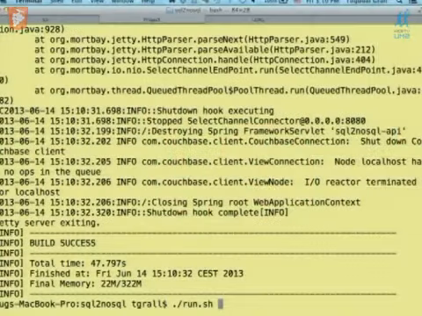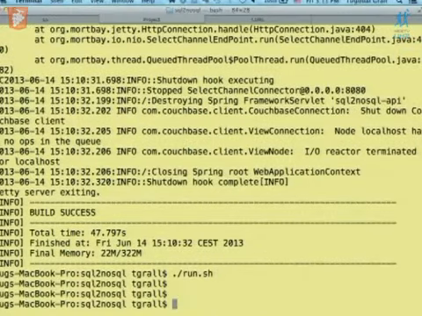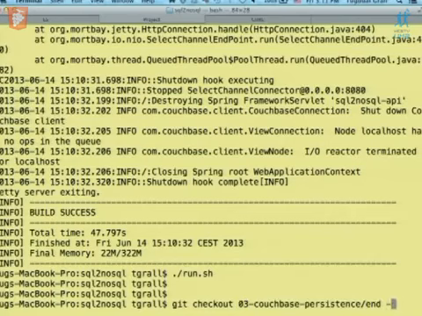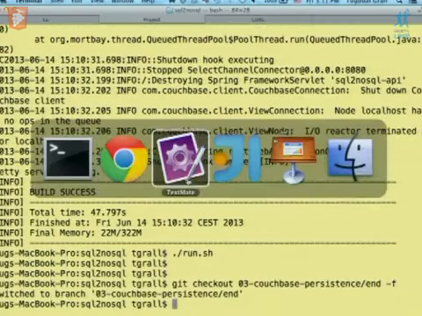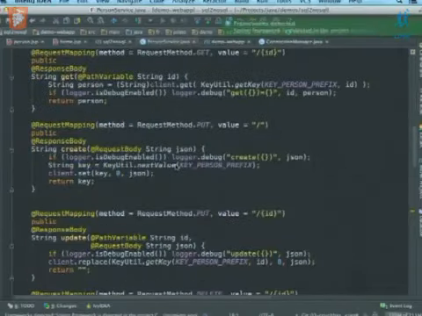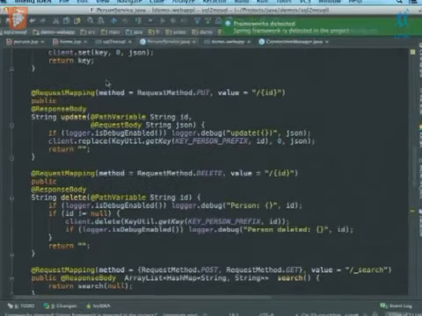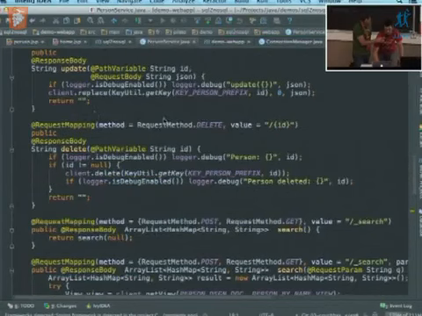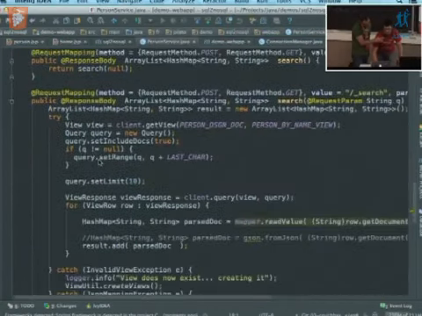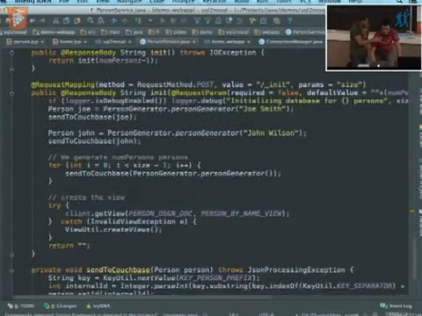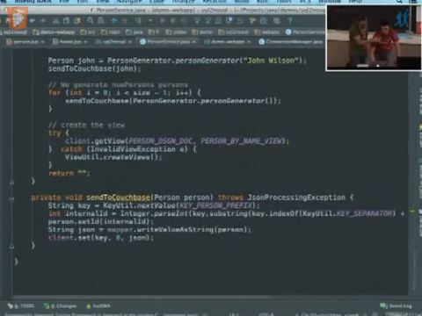Perhaps you can show the end code. Yeah. Let's show the end code for git checkout CR3. And so if we look at the full code, we have the same for the insert and for the get. What about search? Delete, for the search, we use a concept of view, so we do queries.